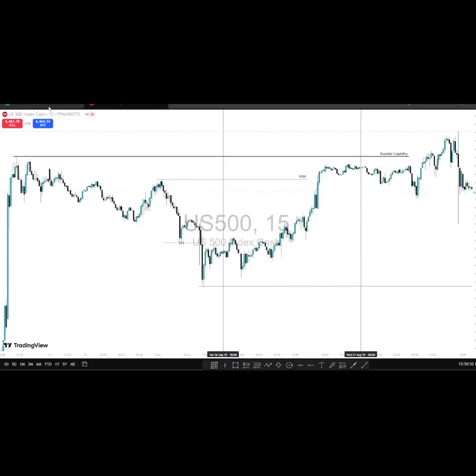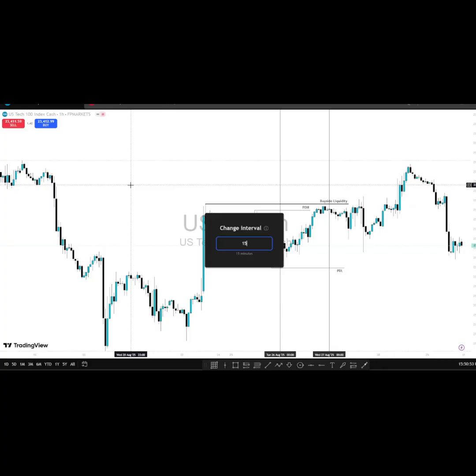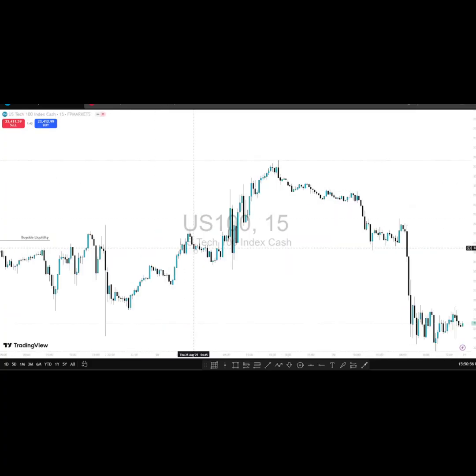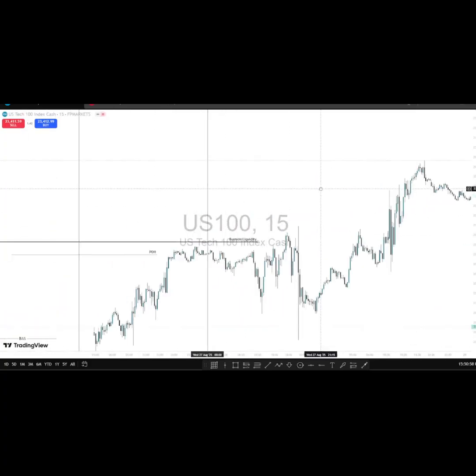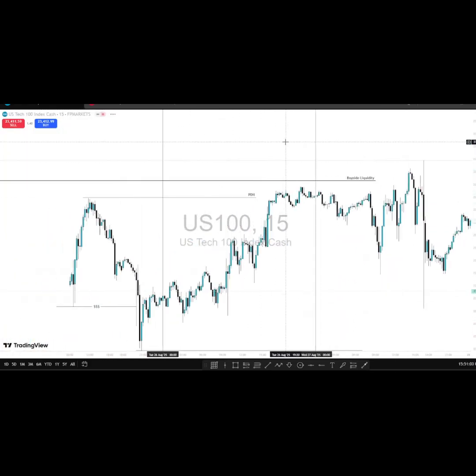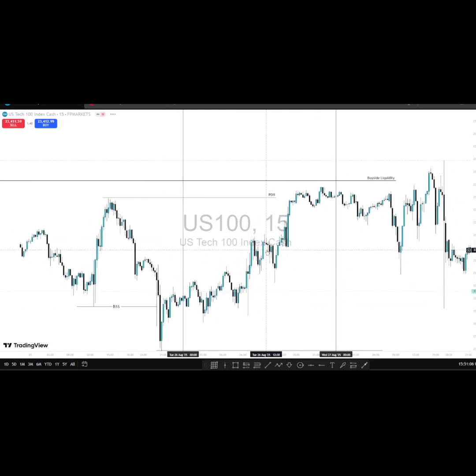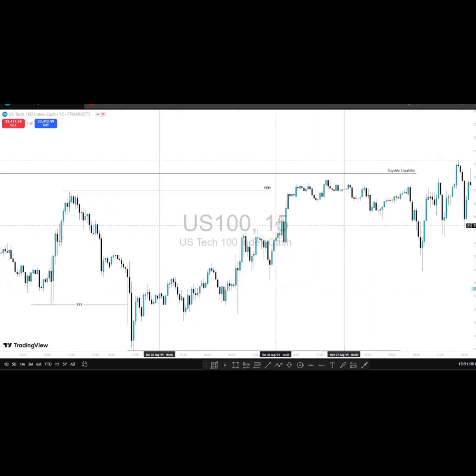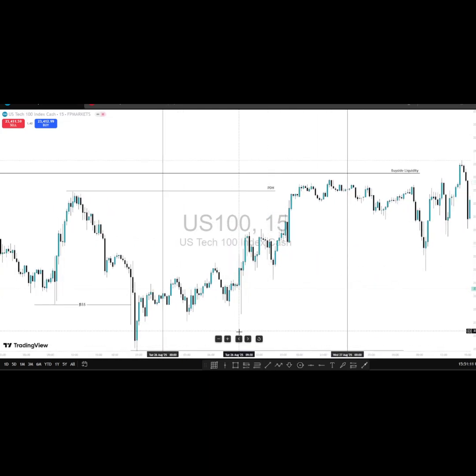Okay, so I will go to US 100 and do the same, narrow down into the 15-minute time frame. Once I do that, going into 9:30, what do I want to see? I'm observing any price action that could hint we are about to get that explosive move to the upside, because that is what I want to trade. I want to trade that displacement to the upside.